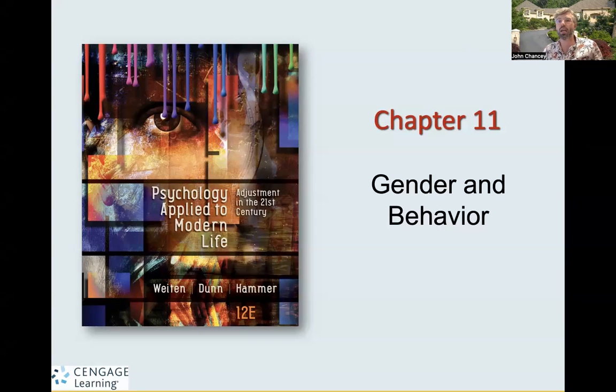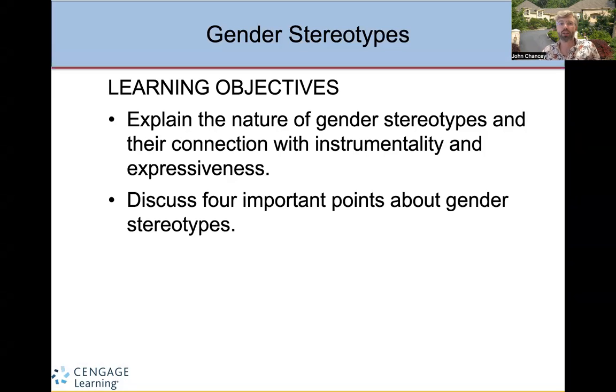We are moving now into chapter 11 on this topic of gender and behavior. So we're going to be studying the differences in behavior, characteristics, psychological characteristics, things like that in terms of gender. We're going to start off by looking at stereotypes. By the end of this section, you'll be able to explain the nature of gender stereotypes, where they come from, their connection with instrumentality, how we typically perceive males, and expressiveness, how we typically perceive females in terms